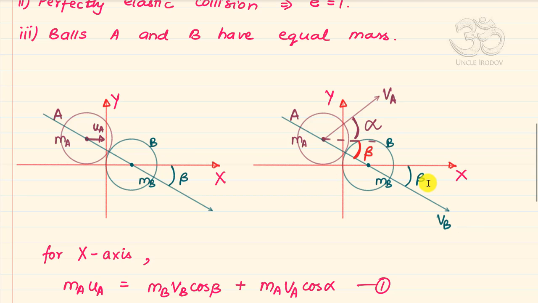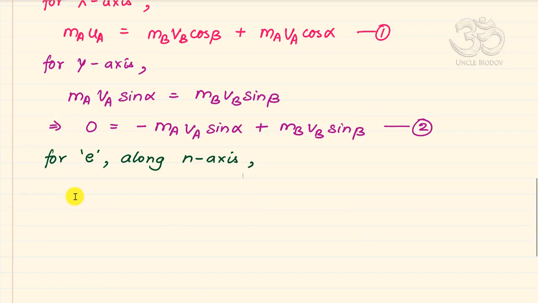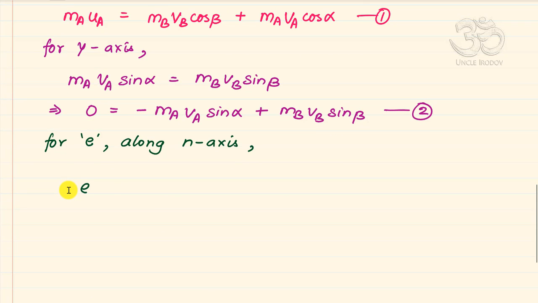VB is the speed at which B moves along that line, and VA cos of alpha plus beta is the speed at which A moves along that green line. So I've got e is equal to VB minus VA cos of alpha plus beta,